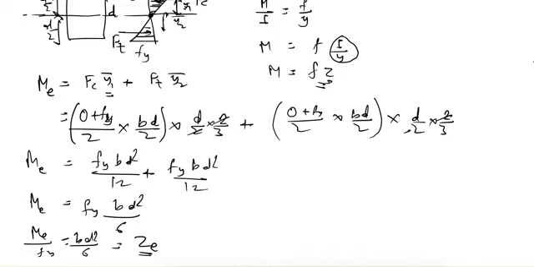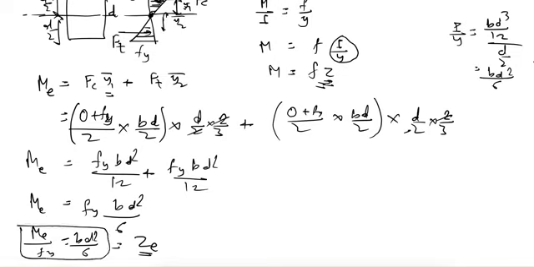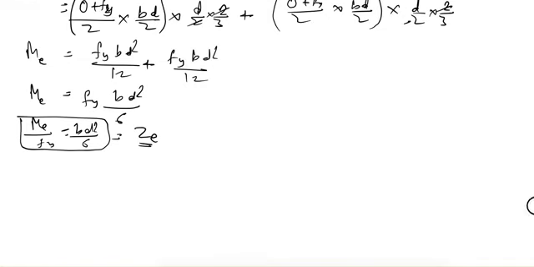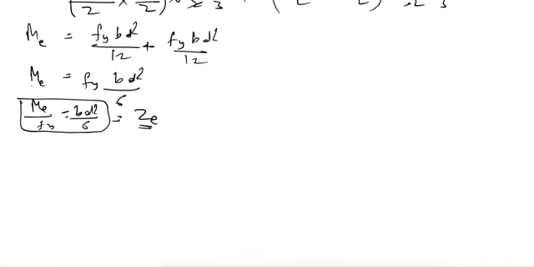this elastic section modulus, and we also know that from I upon y we get the same, that is Bd cube by 12 divided by d by 2. So from here also it comes out to Bd square by 6. So this is the same result as from here. I just wanted to show it this way, and this is the way we can also apply for our plastic analysis. So here we have got our elastic moment capacity, and similarly let us see the plastic moment capacity.